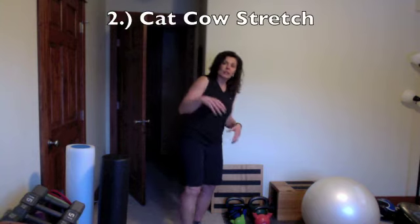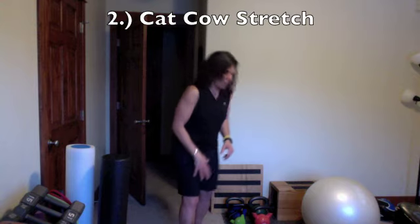Then you want to get down on the floor, and we're going to do a little cat-cow stretch. Try not to think of it so much as a stretch, but as a mobility exercise to get your spine to move. So you want to come down on all fours. Keep your head in line with your body so you keep that nice curve that you're supposed to have in your neck and a nice neutral spine. And then you want to just slowly come up